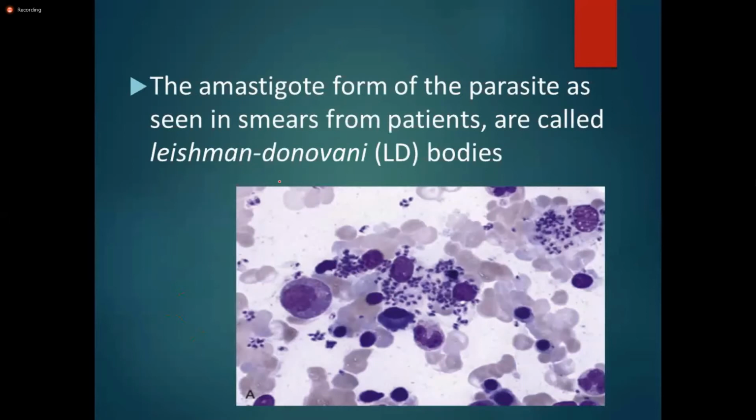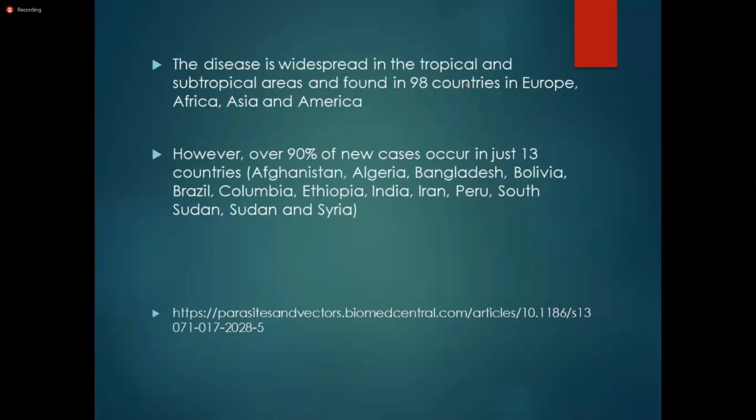So what are they? They are the amastigote form of the parasite. Amastigote form of the parasite, seen in macrophages in smears from patients, and are known as these bodies. The disease